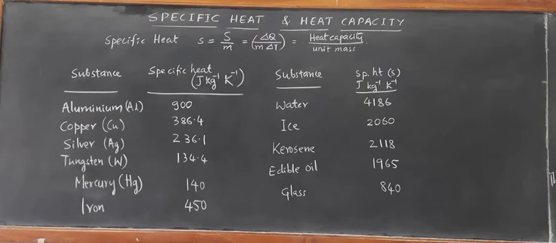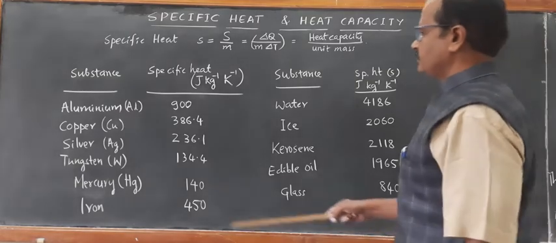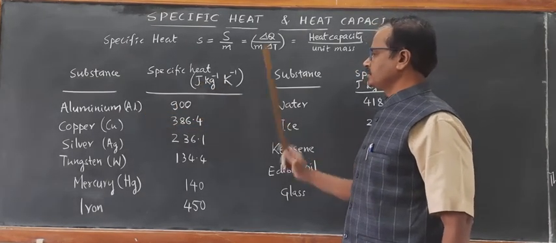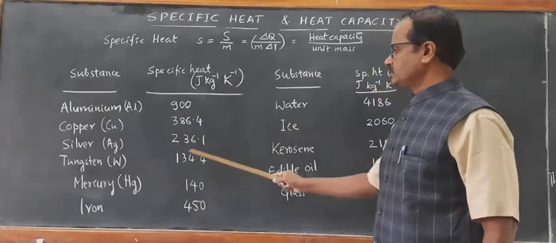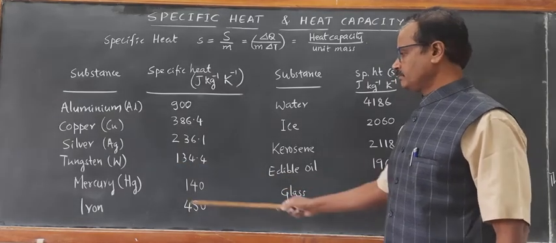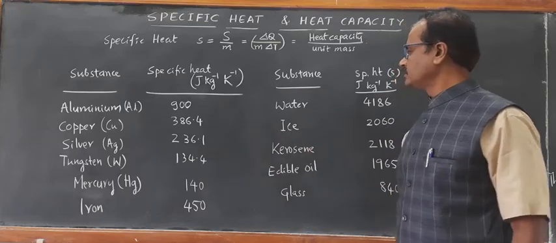Now I have listed some of the substances and their respective specific heat values from the data. First I have listed the metals. Aluminium has 900 joule per kg per Kelvin, copper 386 joule per kg per Kelvin. Like that, silver 236, tungsten 134, mercury 140, iron 450 joule per kg per Kelvin, water